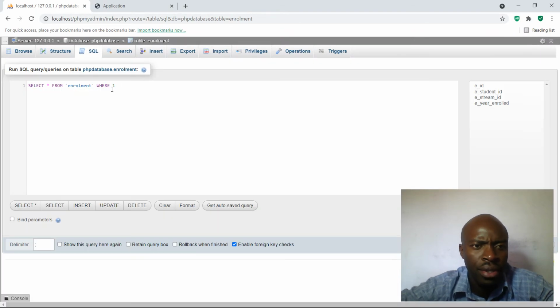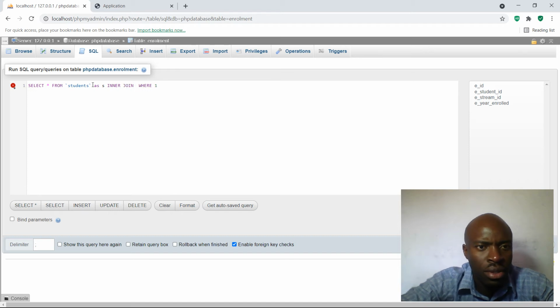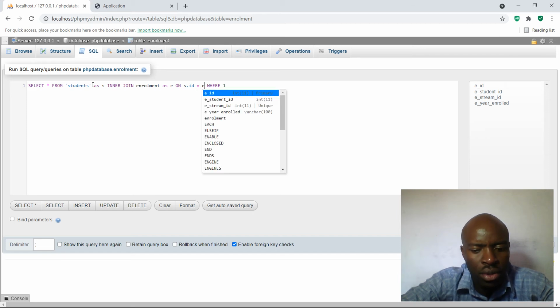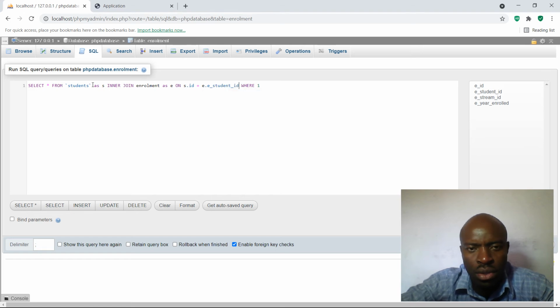Select all from student as S inner join enrollment as E on S dot ID equals to E dot student ID